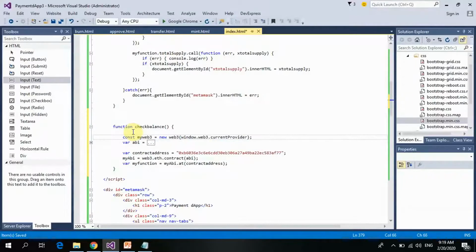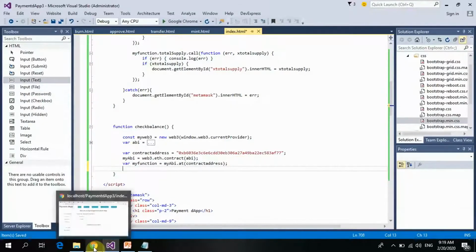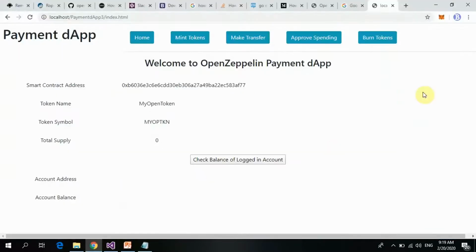Now you have to be careful here, because there are new security features that MetaMask has added. Now we can't read the account address like before, so they've added some new security checks. So if you want an application to be able to read your account address, to read your account, you need